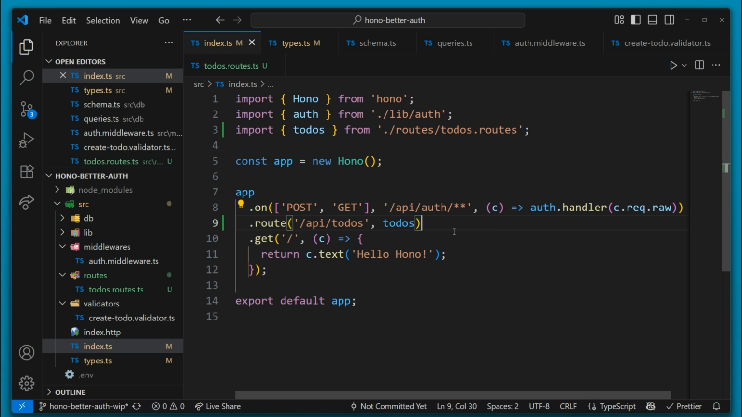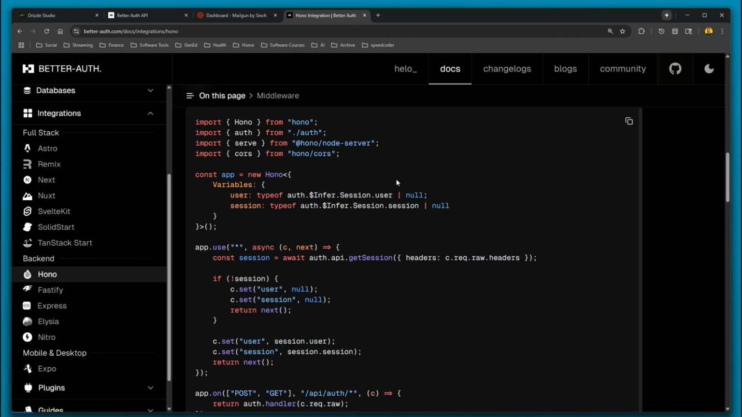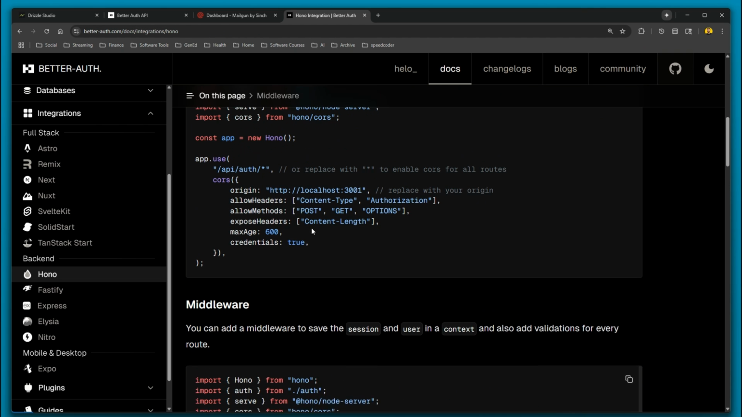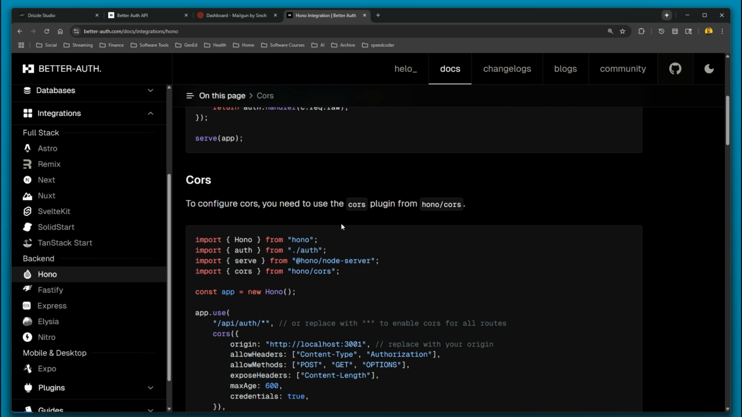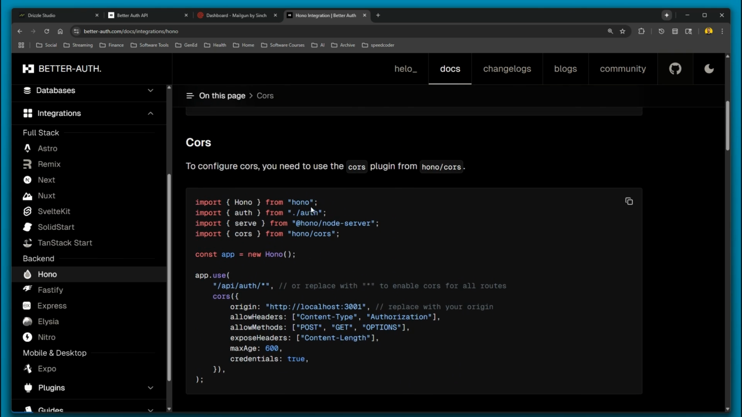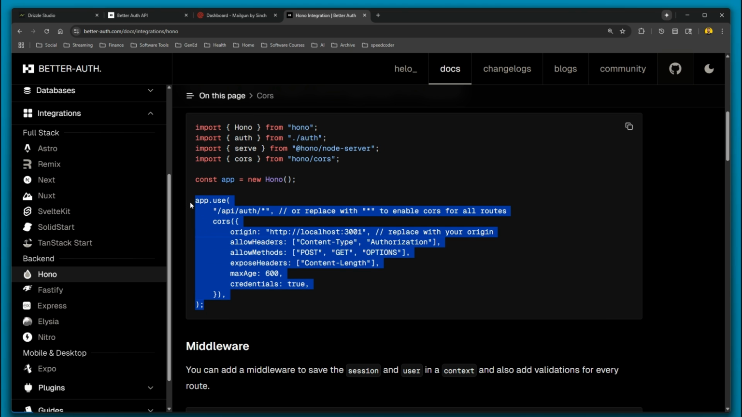So let's save that. And before we test this out, there's one other thing I want to do. Come back over to the documentation, and we can see the CORS example that they have. So CORS is best practice. We definitely want to protect our app from, it stands for cross origin request scripting, I think that's what it is. And we can go ahead and just copy this